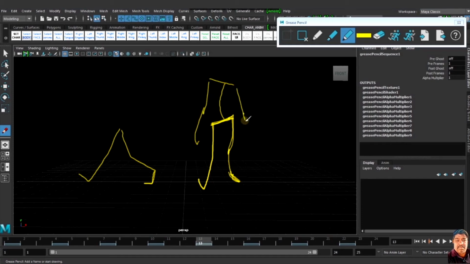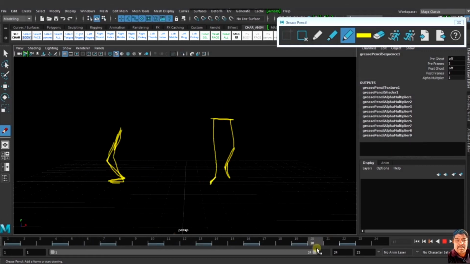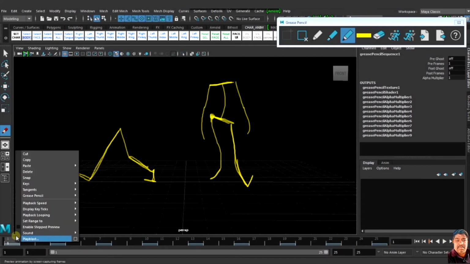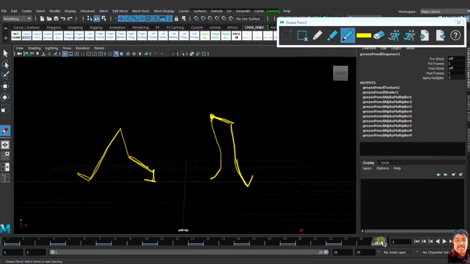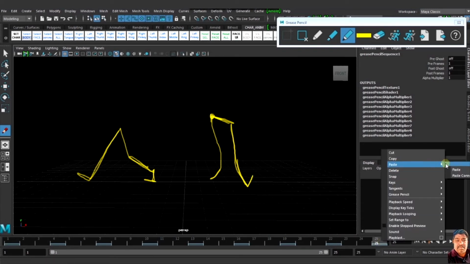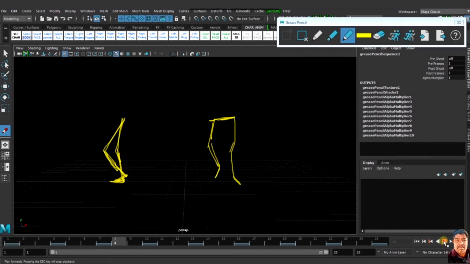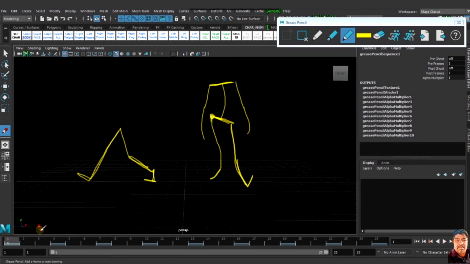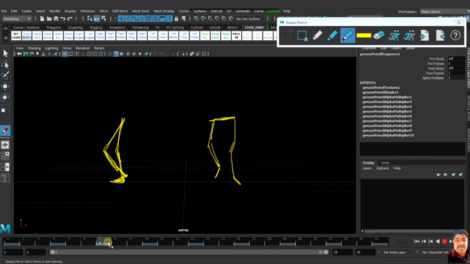I make the things exaggerated. Here it is the same as number 1, copy and paste. So now the thing is like this. I have to make the thing full. In the passing pose it is almost the same, a little bit different.